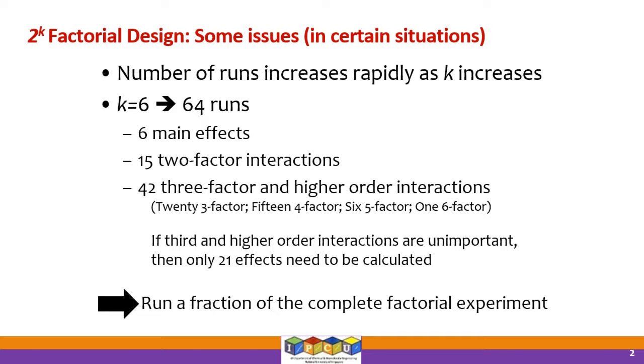But what is often found in practice is that not all the higher order interactions, specifically not all the third order and higher order effects, are important in many systems. So what you can do is exploit that idea. People can argue that only the six main effects and 15 two-factor interactions are important. And along with the constant term, we need to estimate only 22 parameters in the system, right? So we do not need these 64 runs.